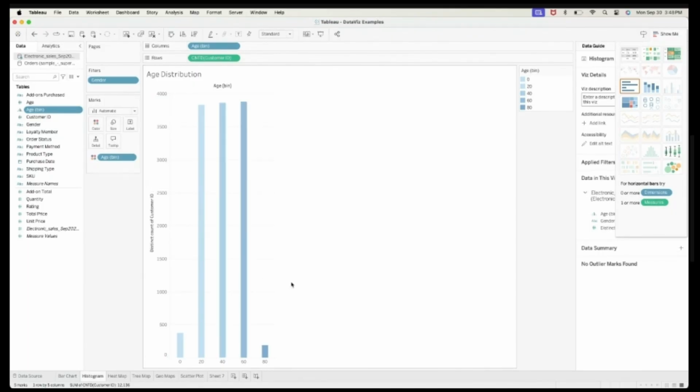Tama ba yung range? Yeah. Okay? So these customers are leaning towards younger people. The highest is this bin, itong range na to, or age group. And we have from 20 to 60 as the main age group. Okay? Clear?